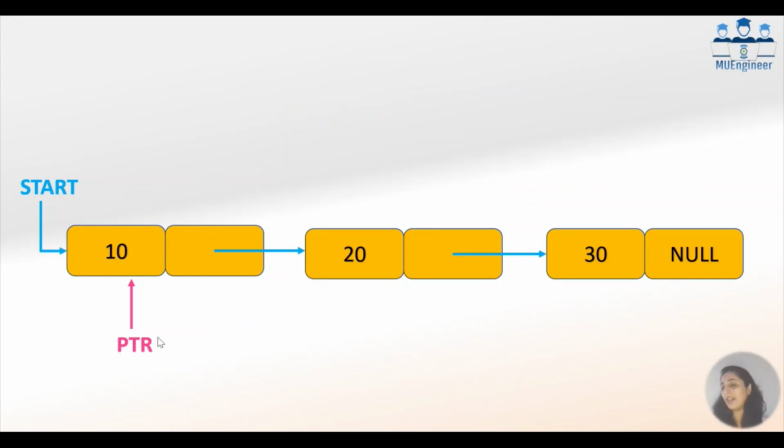You see, currently ptr is pointing to the first node. वहाँ पे data is 10. So ptr.data is 10 and I'm displaying 10 in this printf statement. Once 10 display हो गया तो मेरा next target क्या है? 20 को display करो. लेकिन 20 का address किसके पास है? Yes, 20 का address 10 के next के पास है. मतलब ptr.next is having the address of 20, right?